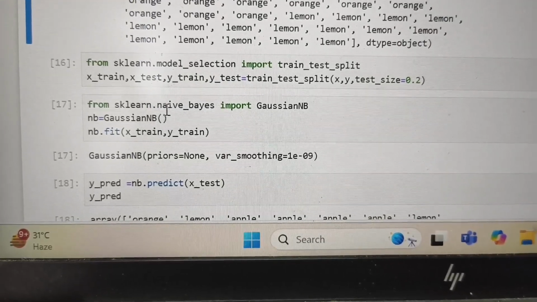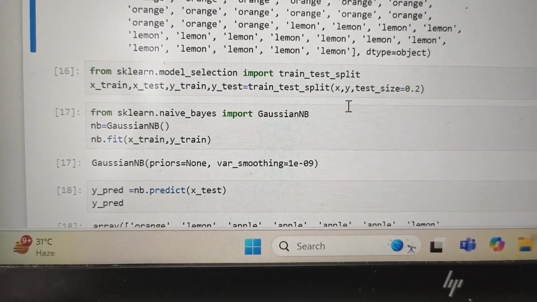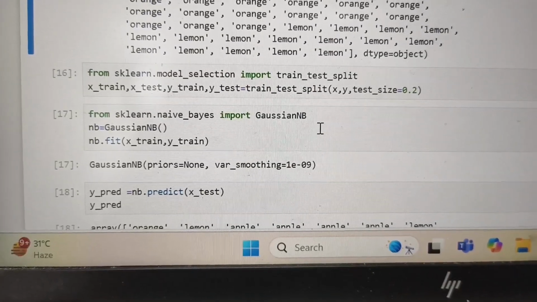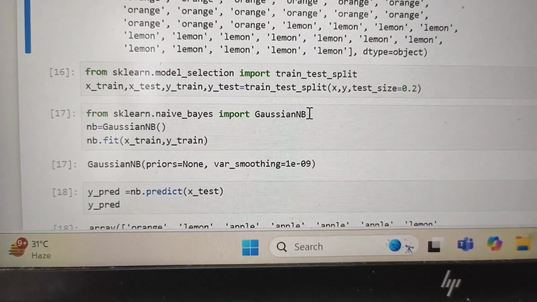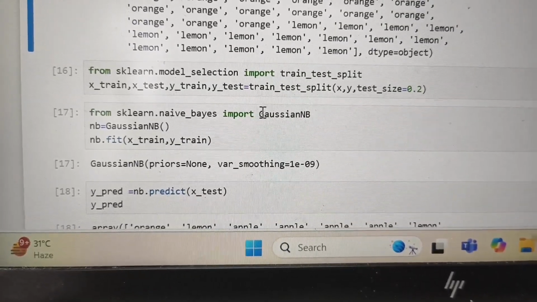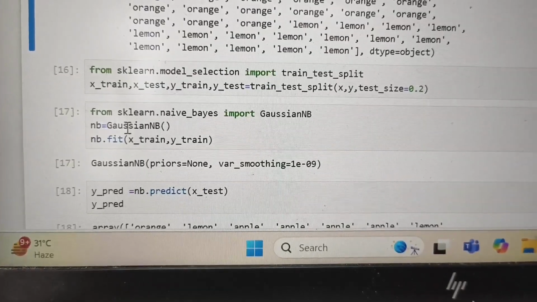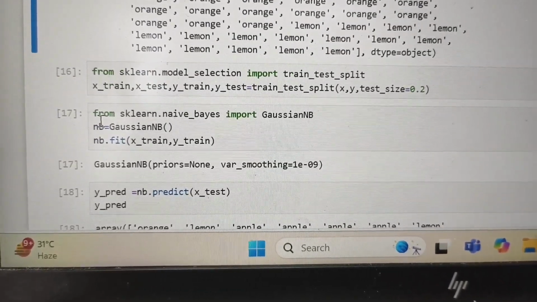Next is to import the model from sklearn.naive_bayes. Here we are going to use Gaussian naive Bayes, so import GaussianNB. Now instead of writing GaussianNB, I am going to store this function in another variable.